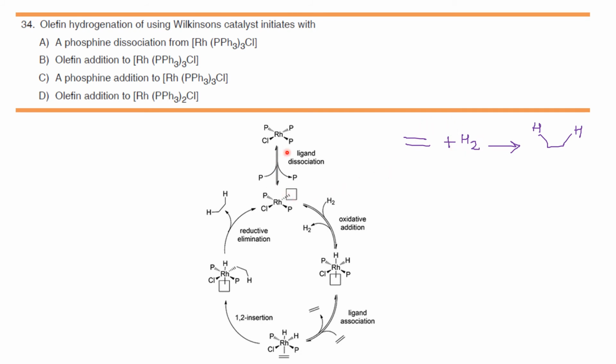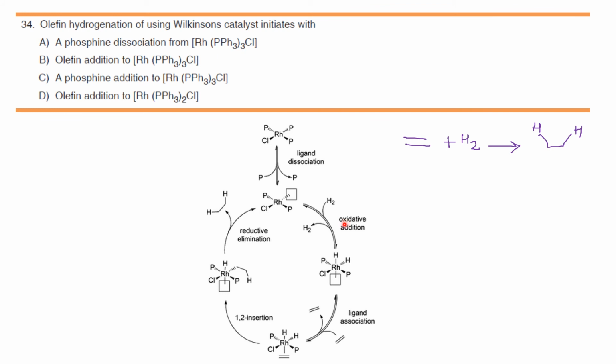So for that, you have to create a vacant coordination site, which is formed by the dissociation of one of the triphenyl phosphine groups. So here you can see that a vacant coordination site is being created. And now in the second step, hydrogen molecule is added, and that step is known as the oxidative addition. So this comes out to be the second step of